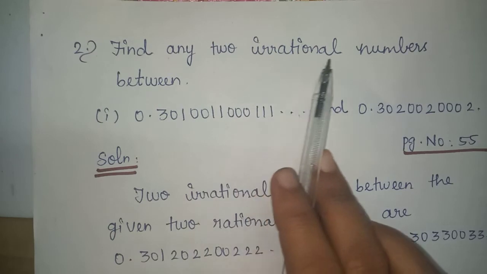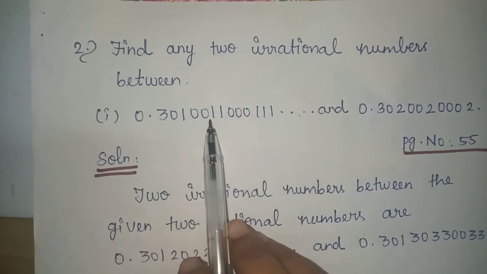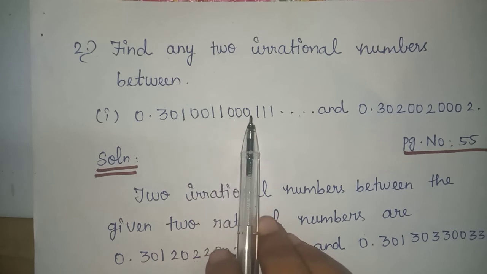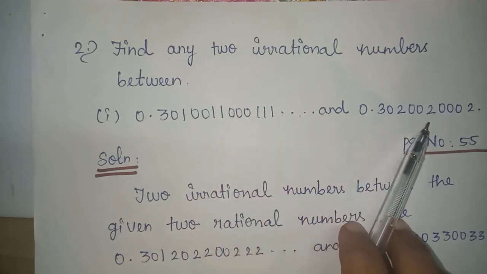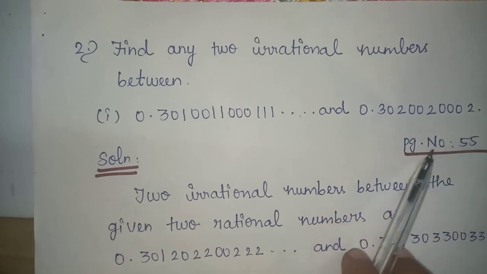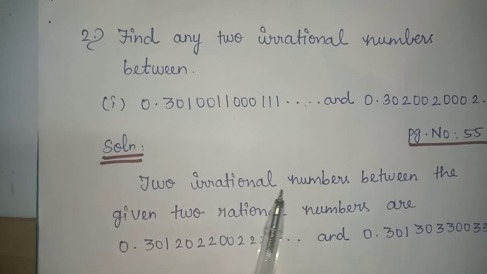Find any two irrational numbers between the first subdivision: 0.3010011 0001 1 etc. and 0.30200200002 etc. The problem belongs to page number 55. Solution: the two irrational numbers between the given two rational numbers are